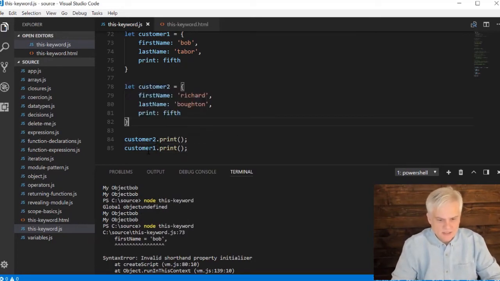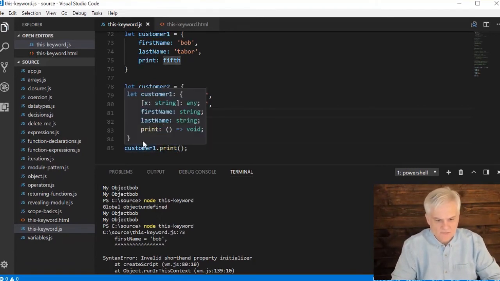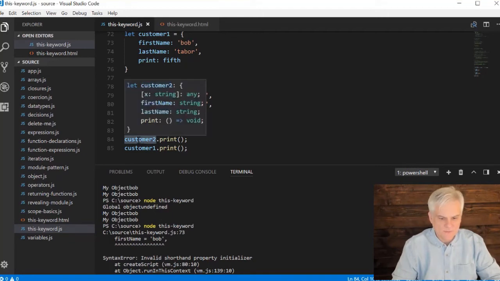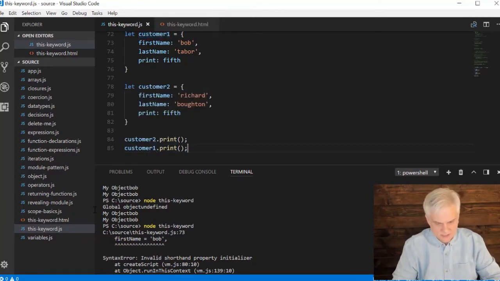All right, so now look at how this works. What is the context? How do I call the print method that's pointed to fifth? Well, in this first case, I'm using the object customer2. That is the context. We're going to bind the this keyword to customer2 because I'm calling it as a property of customer2. I'm going to bind next in line number 85 the this keyword of the print method to customer1. So let's go ahead and